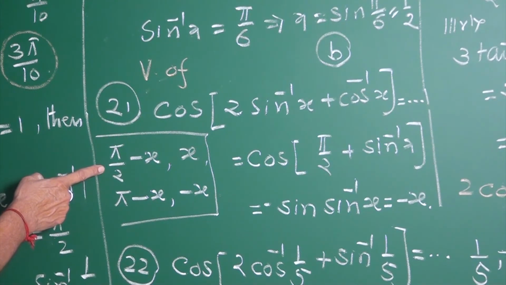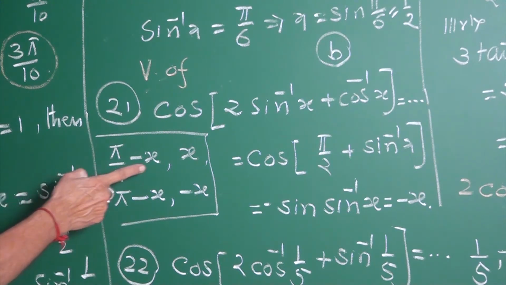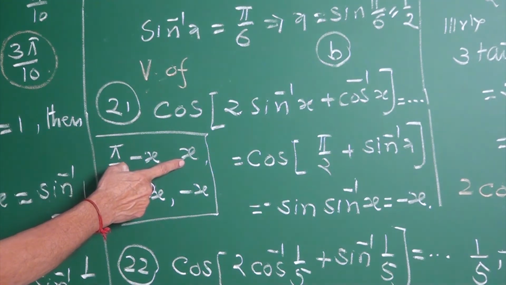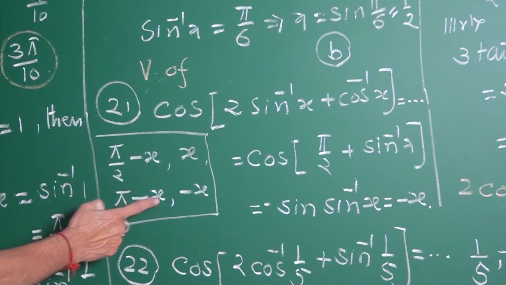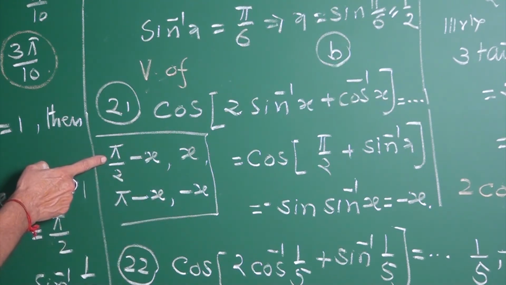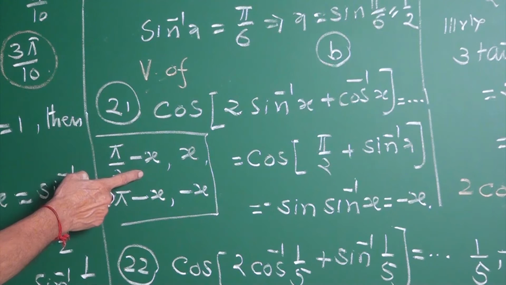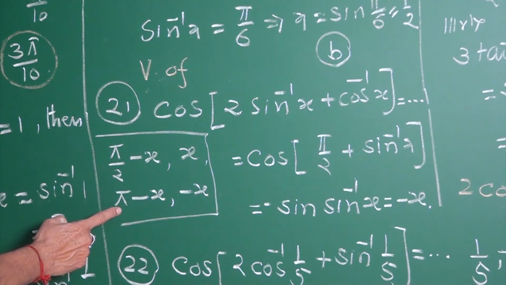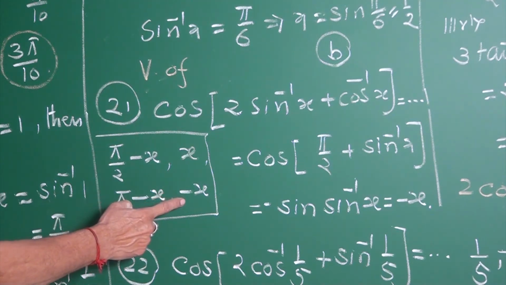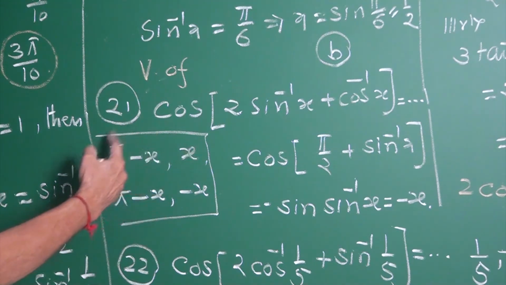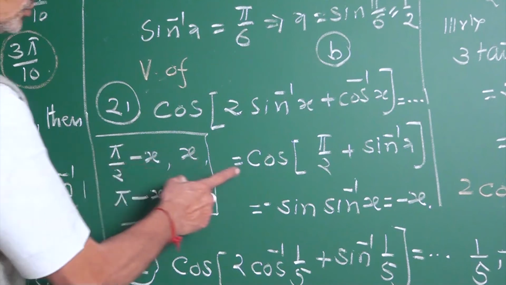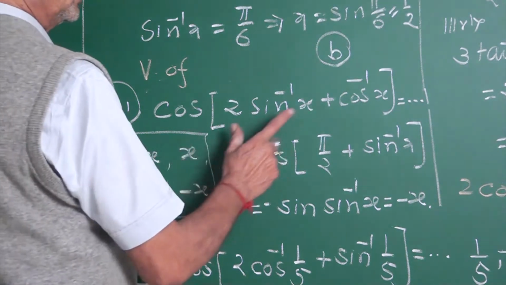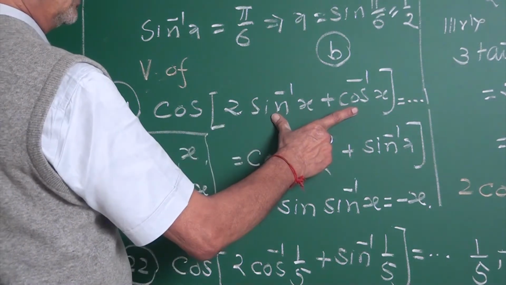The options are: first option is pi by 2 minus x, second option is x, third option is pi minus x, fourth option is minus x. These are the options. So it is cos of, I have written directly, sin inverse x plus cos inverse x is pi by 2